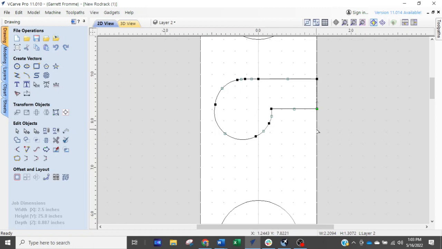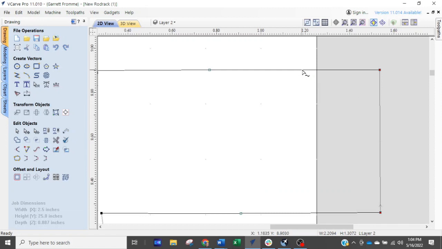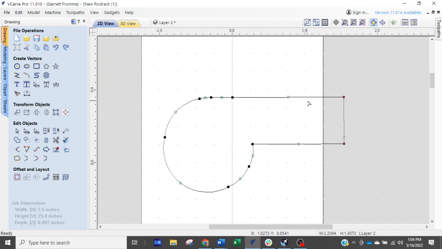And we're going to go from left to right. We're going to create a window around this node and this node, just like that. And I'm simply going to use my arrow keys, and I'm going to stretch this out. So the reason we got that rounded edge in here is because this is the boundary that the bit is going to run on in a pocket. And that boundary ended here, which means that the radius of the tool can only come up to here. By doing this, we'll ensure that the bit comes outside of the part, and then we'll go back into the